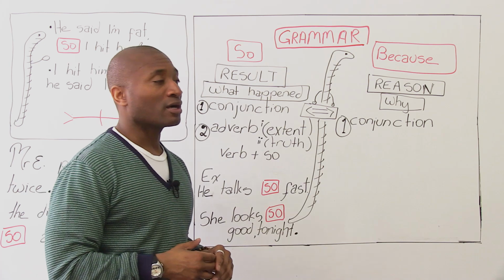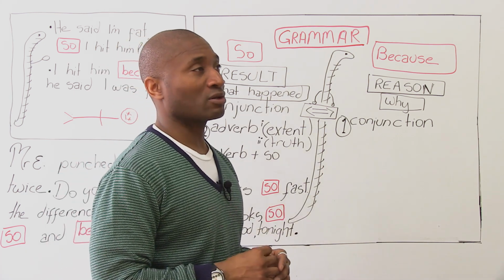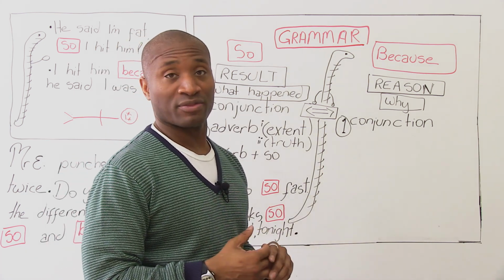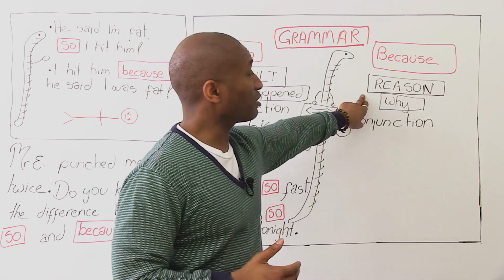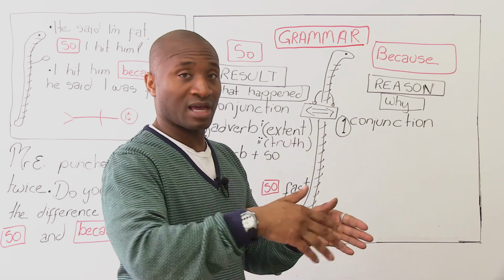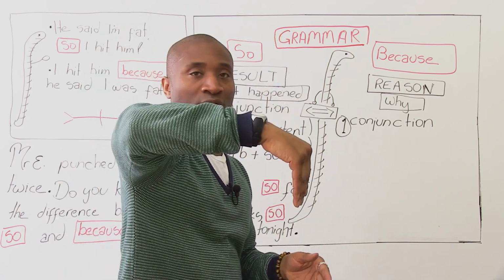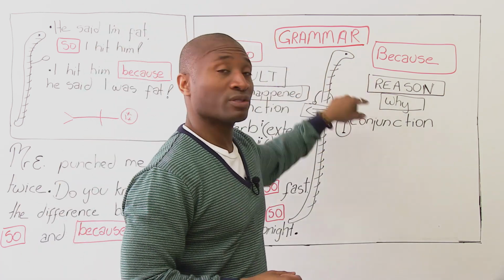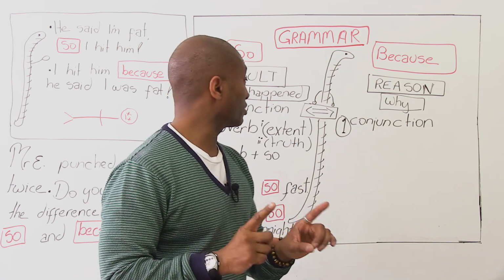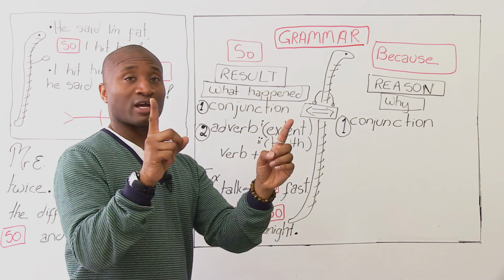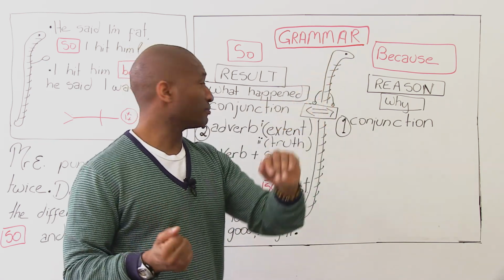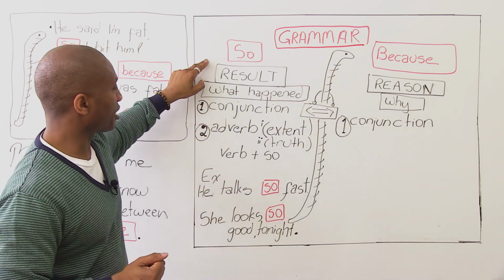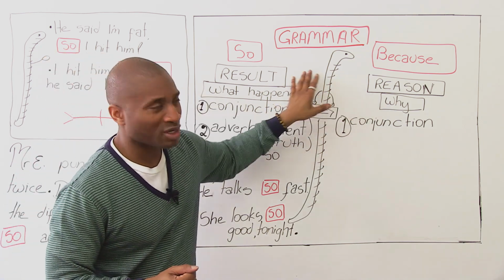All right? He ate dinner at 7 o'clock, so I had dinner at 7:30 because I was hungry too. Notice I said because, that was the reason, but I said this happened, and the reason was because I was hungry too. I've taken them and joined them together to show you a little bit of a difference. This is like action to action, and this is why the action happened. All right? There's another difference with so that I like that should help you with them.